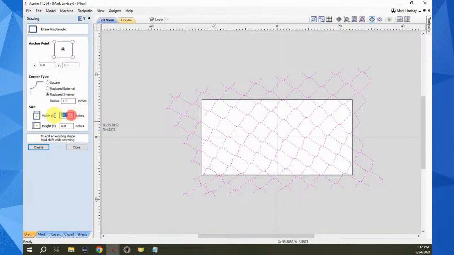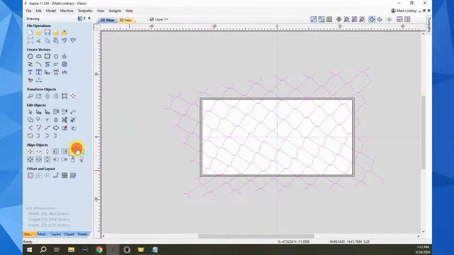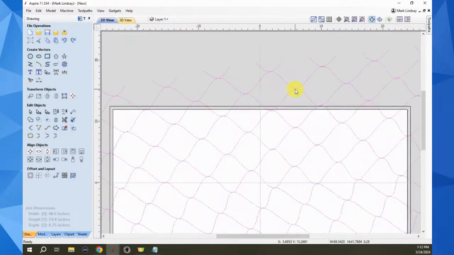And I want to go X plus 1 equals, then Y plus 1 equals, and create that, whoops, square edges. So Control Z, square corners. There we go. Close that. Then